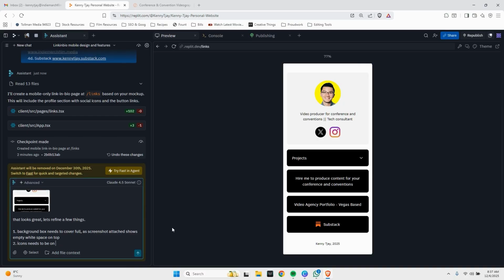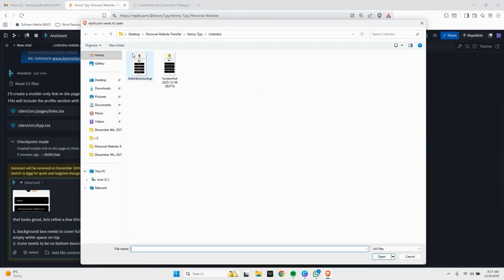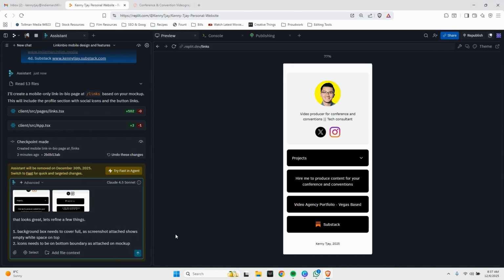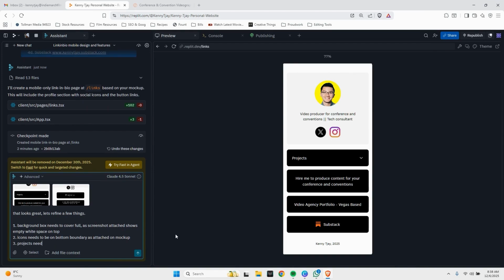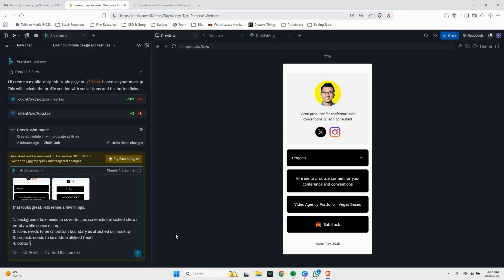Two, icons need to be on the bottom boundary as attached on the mockup. And then I'll reattach the mockup that I had, which is this one. There you go. Three, projects need to be middle-aligned text. Four, bottom footer. Let's link that to the